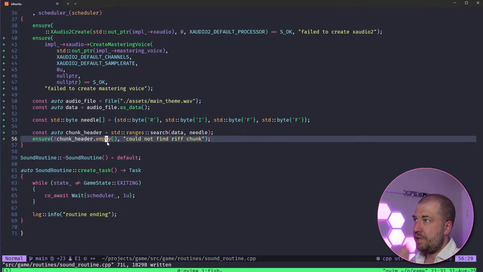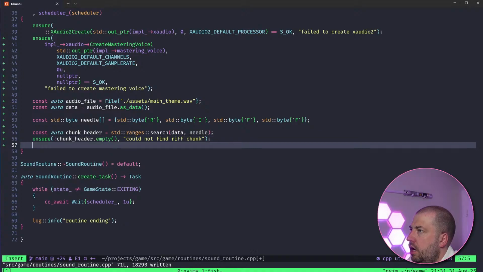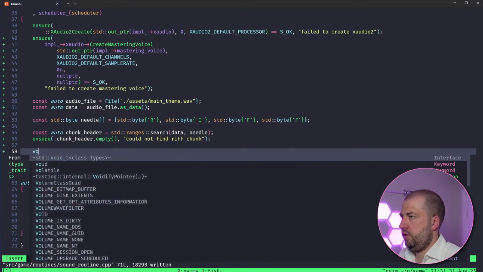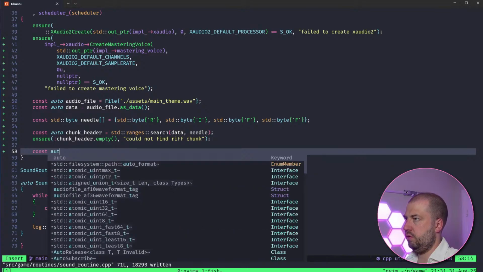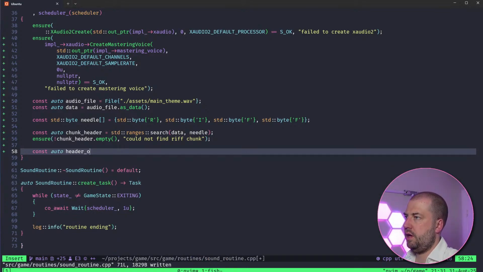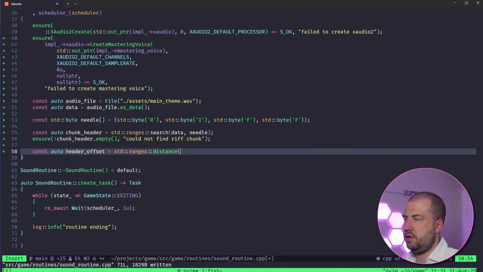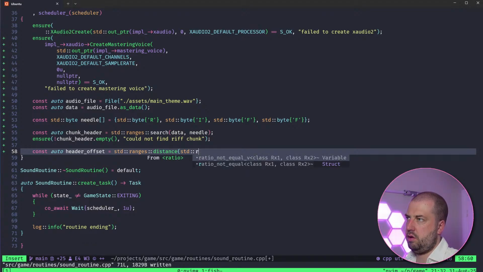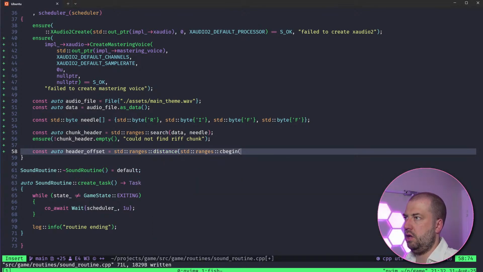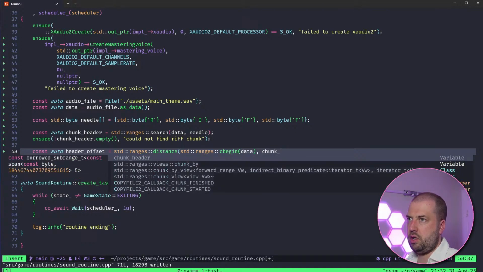So let's do const auto header offset equals std::ranges::distance between std::ranges::cbegin data and chunk header.